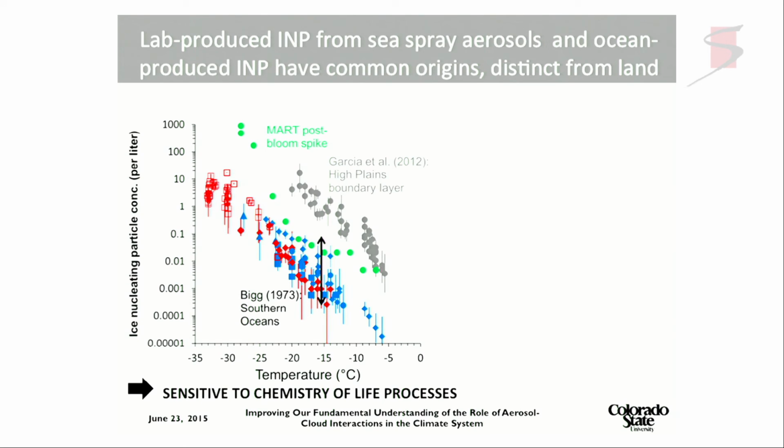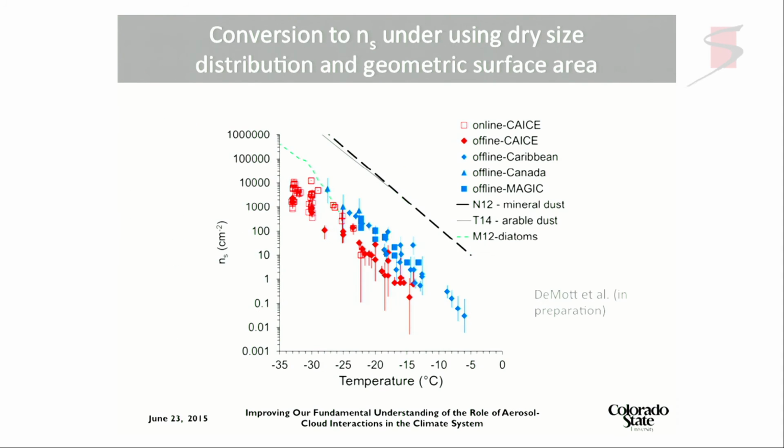But when you have blooms in the ocean, you can have generation of ice nucleating particles in different temperature regimes that are in fact different types of particles, and I won't have much time to go into that today. Here's the same data now normalized by surface area, and this is still a work in progress actually. Getting the dry surface area distributions from the field data is quite a task. And now we see maybe some segregation with the lab data, which I'm not going to try to explain